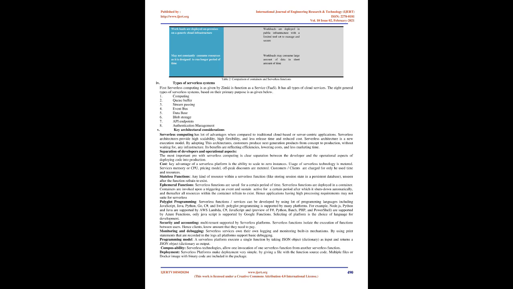Serverless computing has a lot of advantages when compared to traditional cloud-based or server-centric applications. Serverless architectures provide high scalability, high flexibility, less release time and reduced cost. Serverless architecture is a new execution model. By adopting this architecture, customers produce next-generation products from concept to production without waiting for any infrastructure. Its benefits are reflected in efficiencies, lowering costs, and less marketing time. Separation of developers and operational aspects. The most important pro of serverless computing is the clear separation between the developer and the operational aspects of deploying code